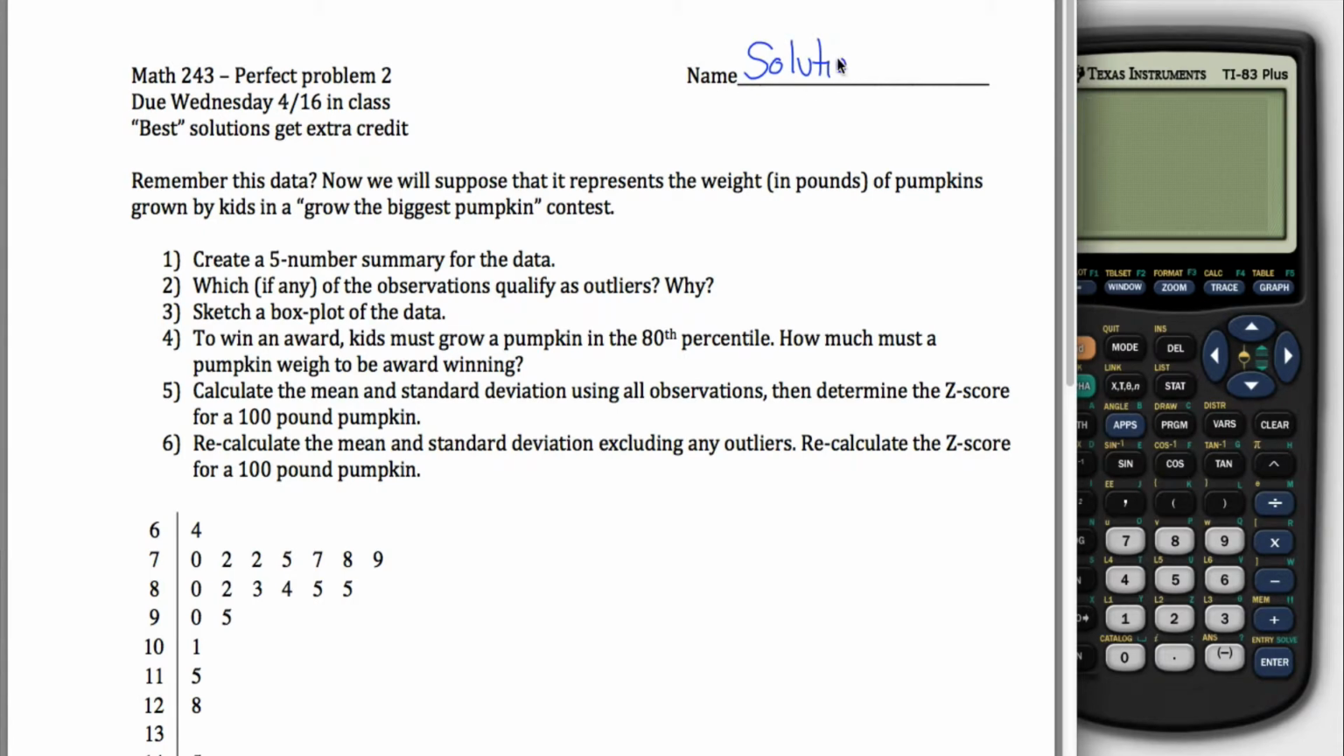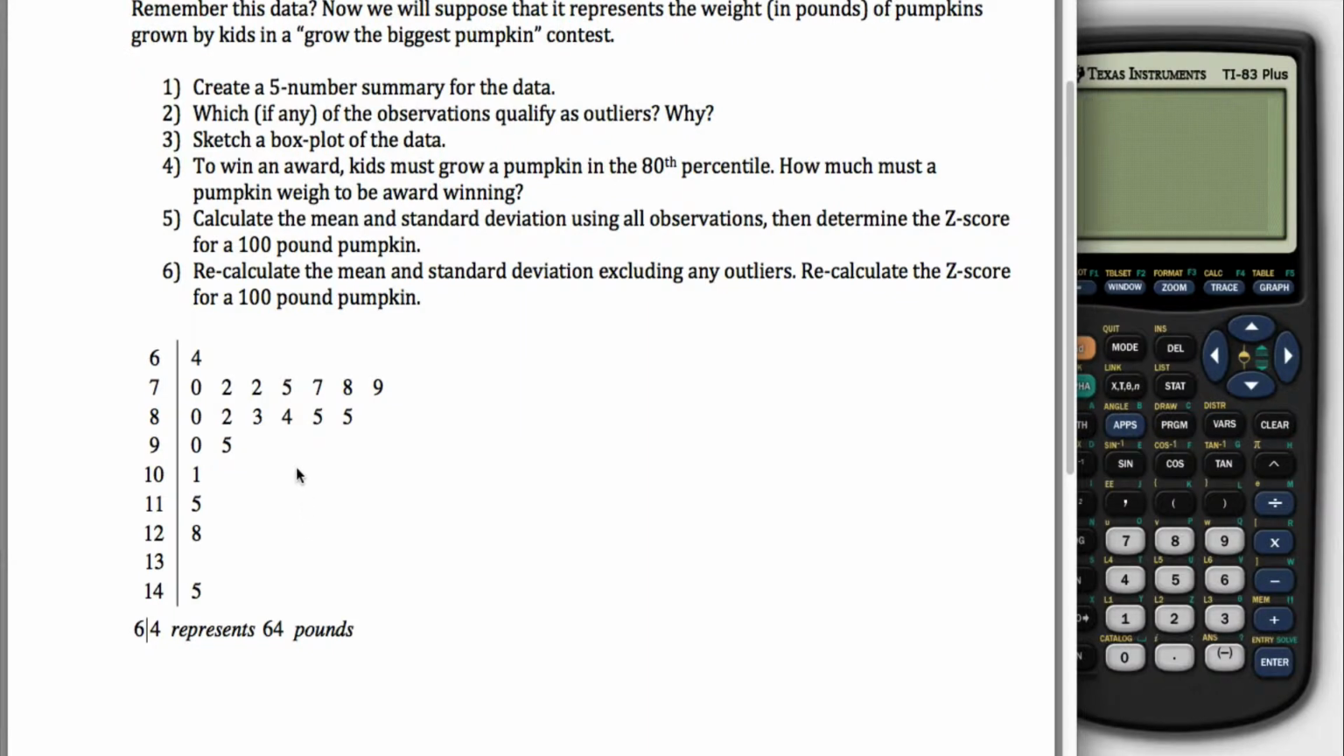All right, here are solutions for perfect problem 2 from Math 243. I'm given a bunch of data in the form of a stem and leaf plot, and then asked to do a bunch of stuff with it. So first you need to be able to look at this and tell what the data is, and then calculate a bunch of stuff. We're going to use our calculator a bunch, so you'll first want to put this data